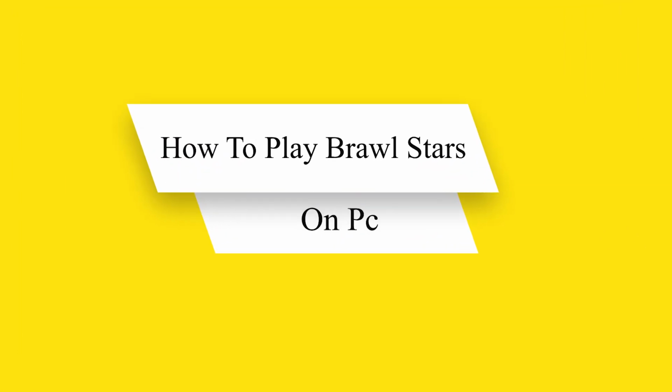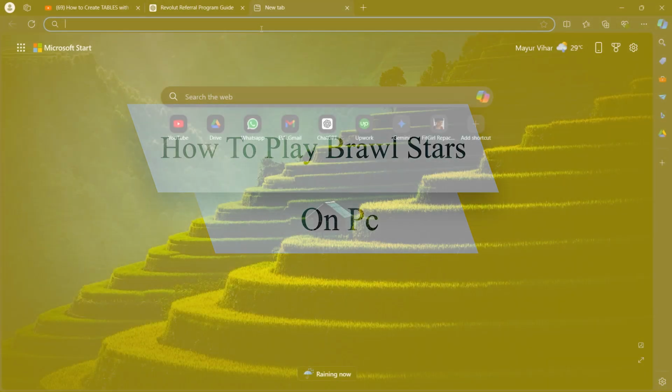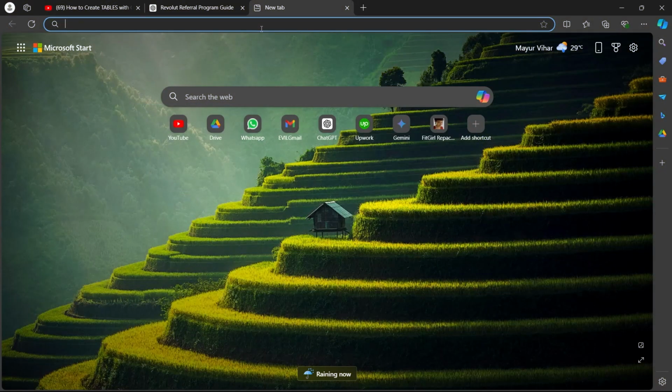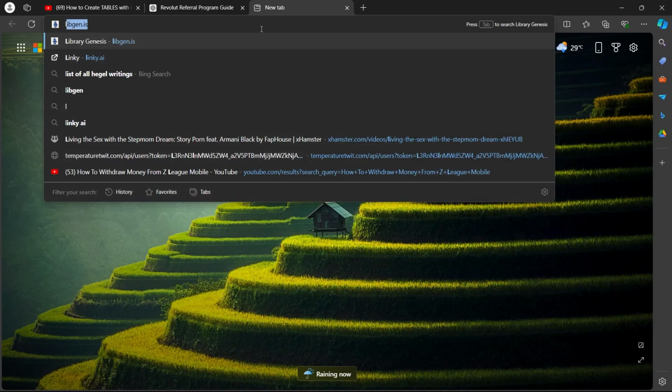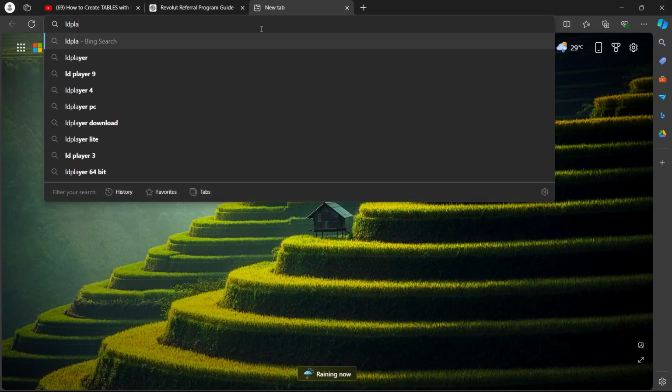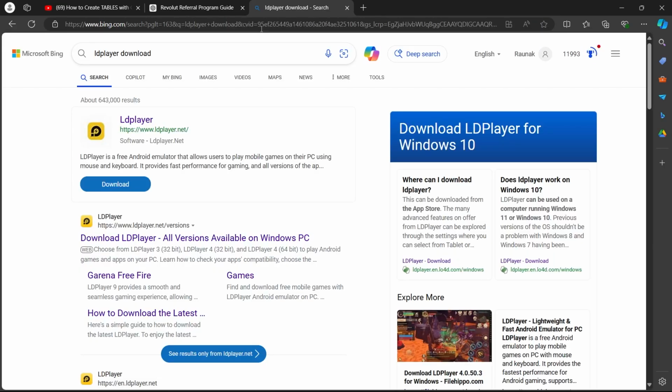Today I will show you how to play Brawl Stars on PC. So in order to do this, first of all navigate to any browser on your PC. Go to the search bar and type in LD Player download. Hit enter. Now you will see this download button. If you don't see this download button, click on this